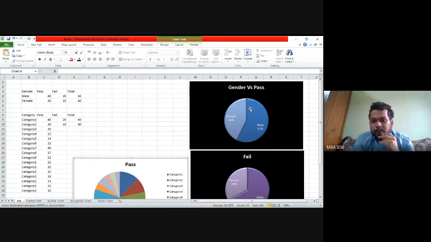Based on that, what we can infer is that among the population of people who have passed, male is predominant whereas female is less. But we cannot say that males are brighter than females, because we don't know the total number. If we had known the total number, then we could have said whether the females are more intelligent, or the males did better in that exam.